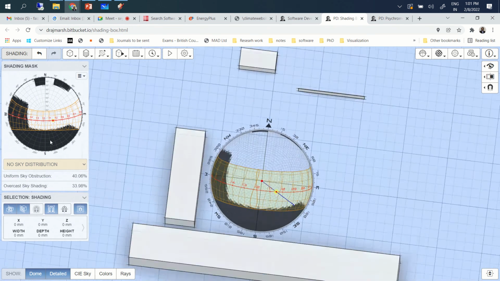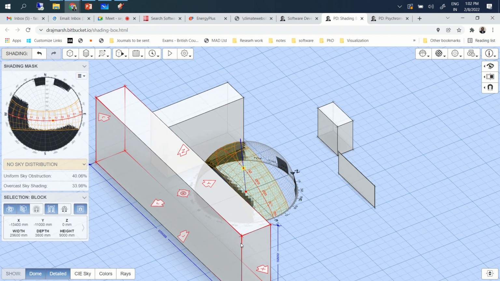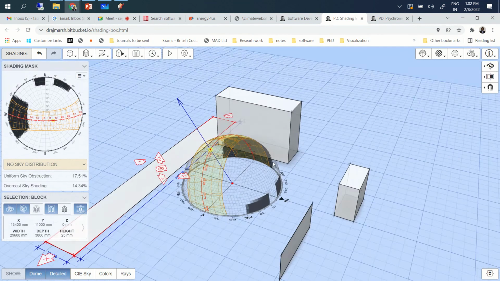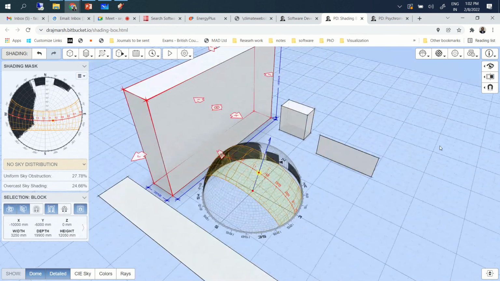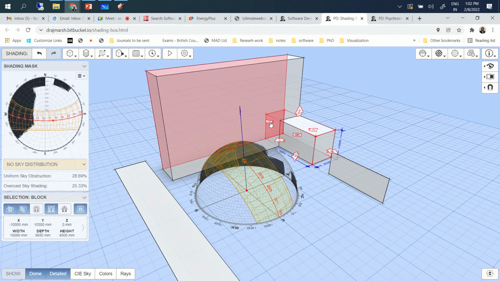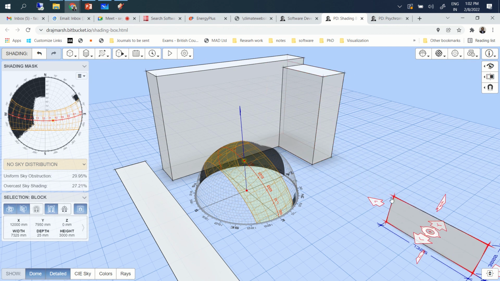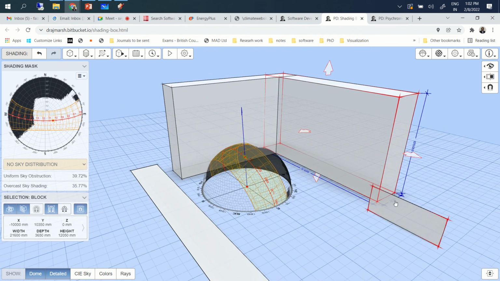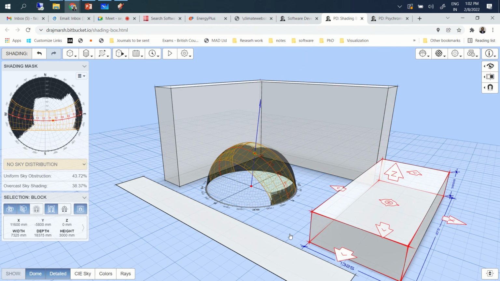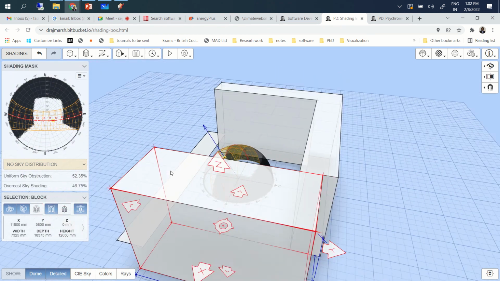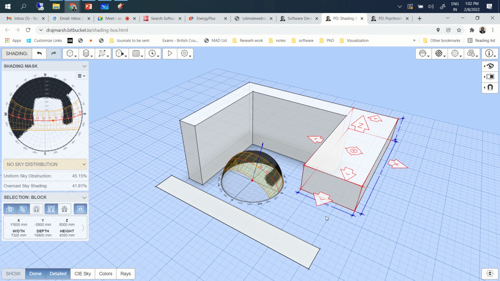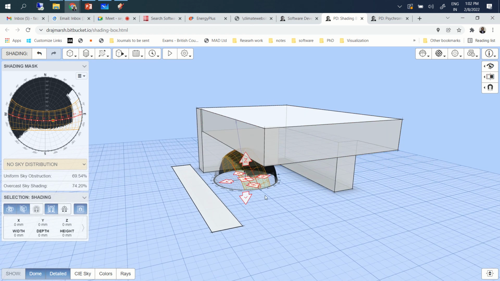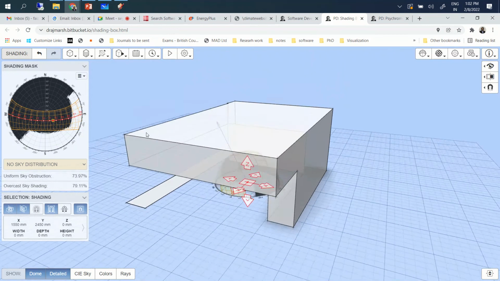Let's make a model. So let's say we are trying to analyze